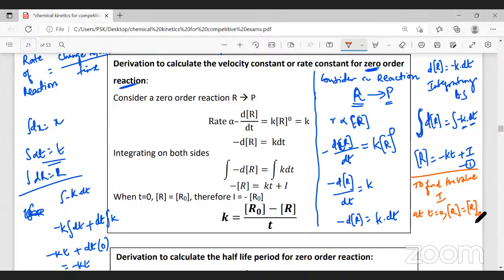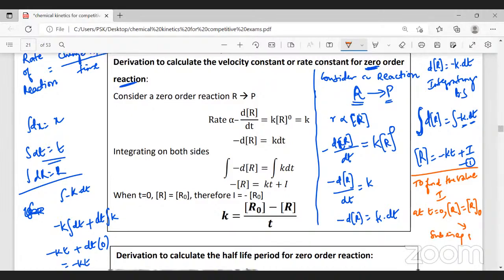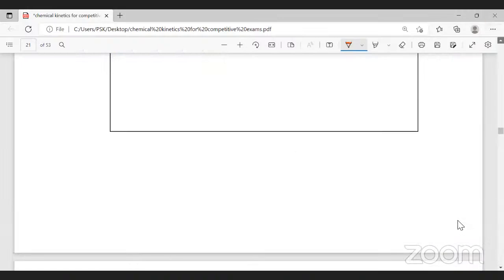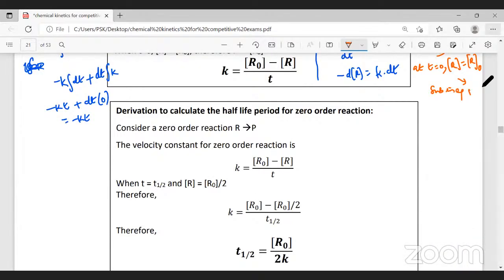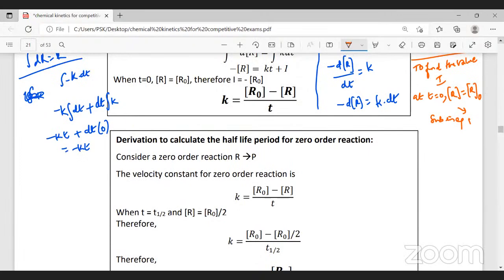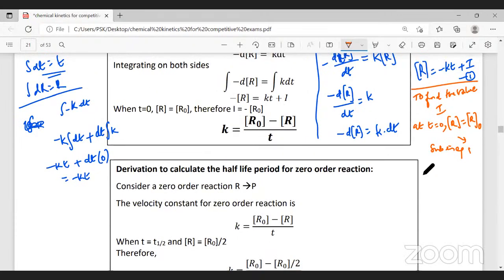We represent the initial concentration as R naught. Now substitute in equation 1. When you substitute in equation 1, what do we get? R becomes R naught, which will be equal to minus K into time,